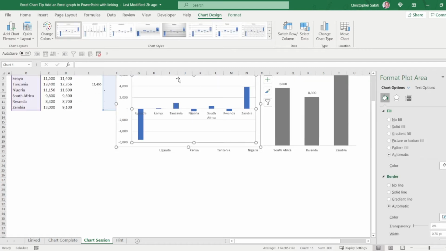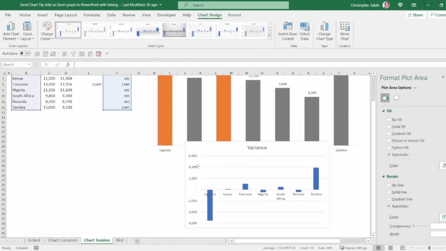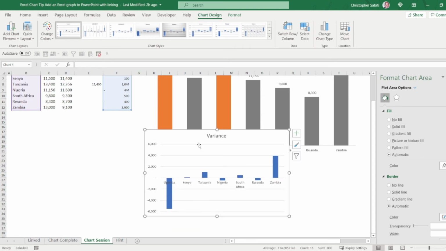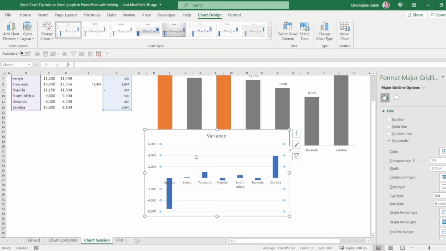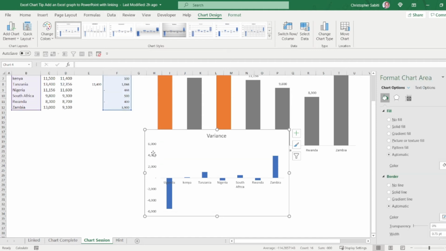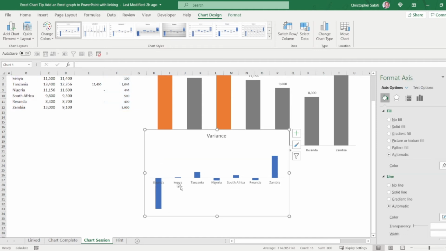So we are going to reformat this chart like how we do. First of all, we don't need grid lines, so you delete those. We don't need the vertical axis, we don't need the labels on the y-axis, so we also remove those. There is an option of going by with the labels.